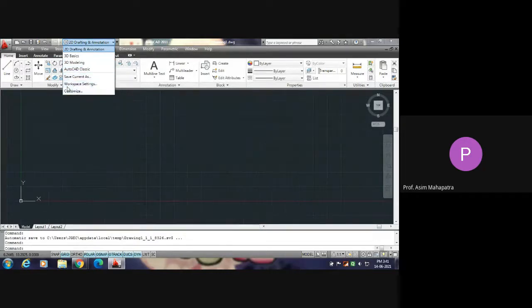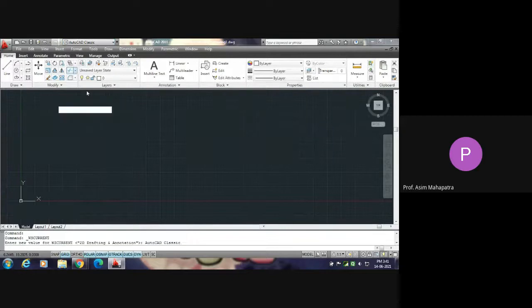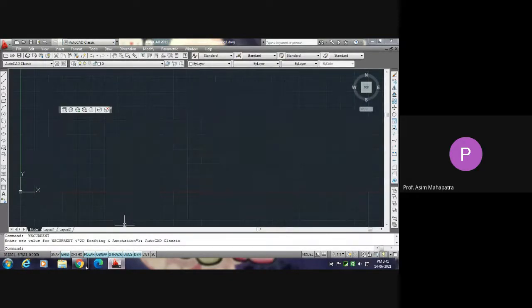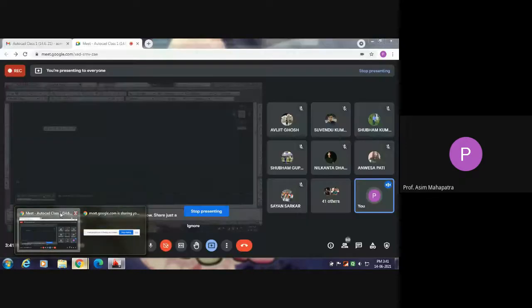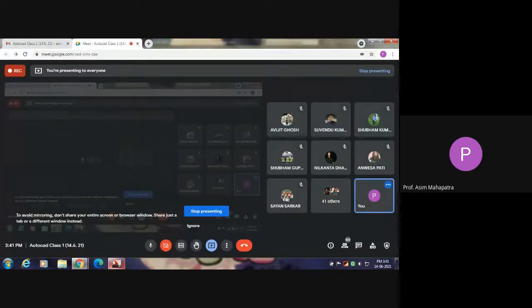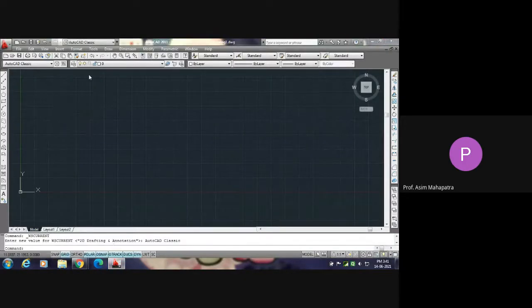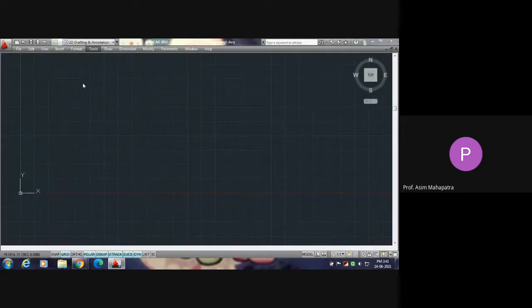Suppose I change to AutoCAD classic, then you see the feature will be different, and it will be the classic version similar to AutoCAD 2006. This is the classic version. Now I am reverting back to 2D drafting and annotation, and this total look is similar to the latest version of AutoCAD.